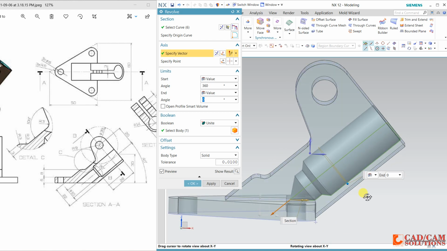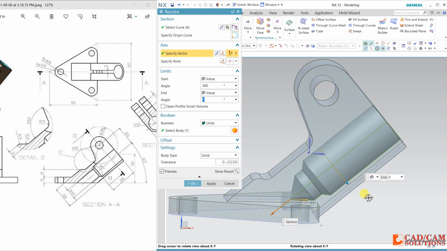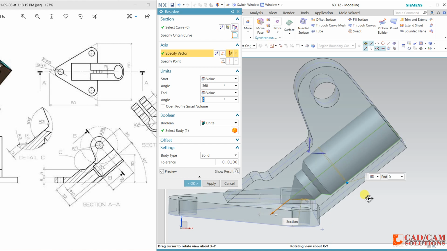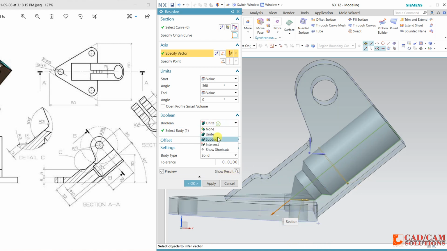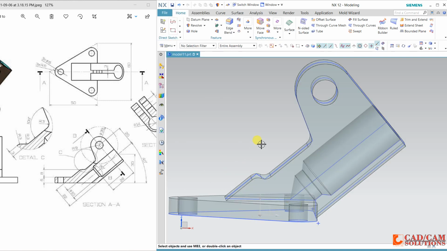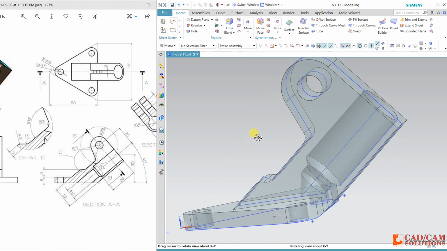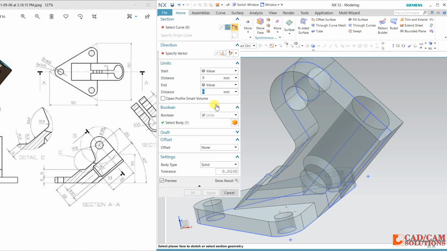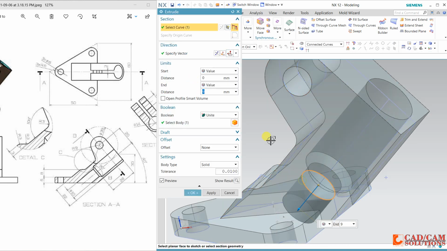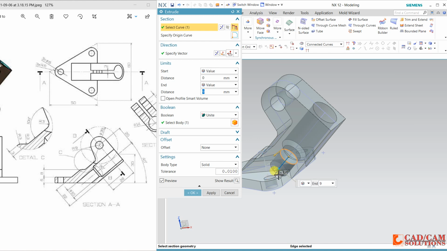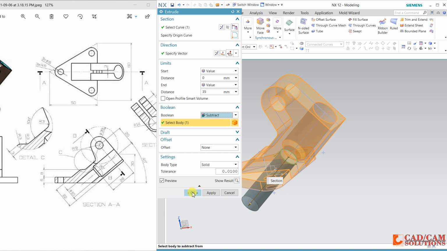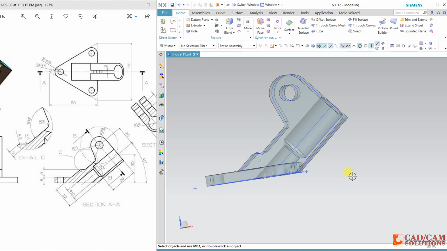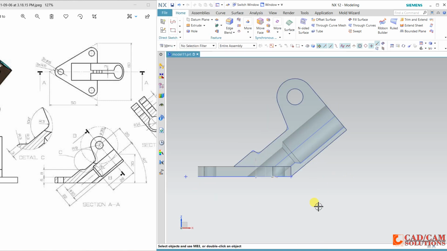It is not coming properly, but just select subtraction and okay. At least this is proper. Again select extrude, select this curve and cut it throughout. Select subtraction. Now it is properly matched.